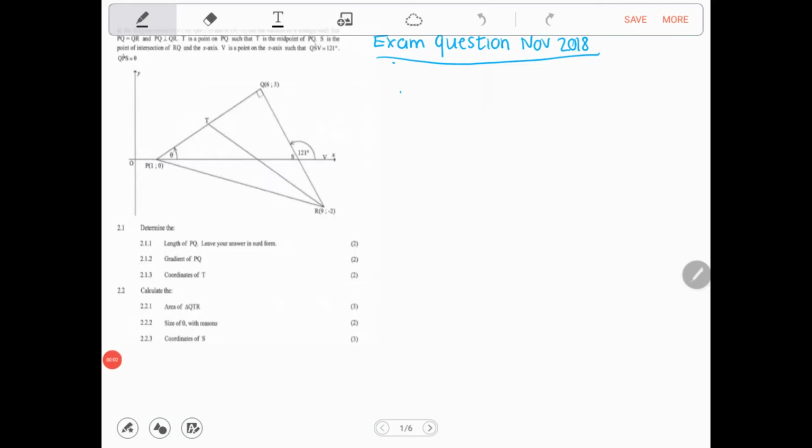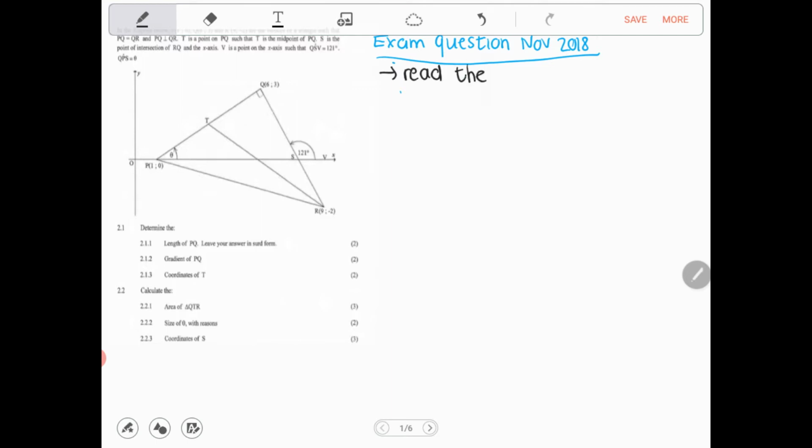Okay, gentlemen, so today what we're going to do is look at an exam question. This is from November 2018, and I thought it was quite a nice question because it involves analytical geometry and actually a bit of trig, which will remind you about the trig that we've done. Okay, so very important, please make sure,